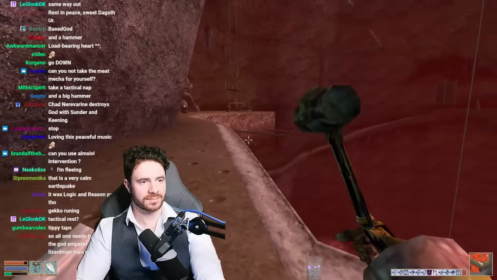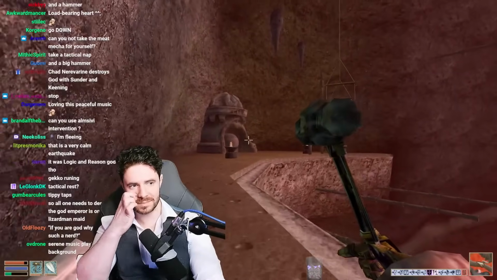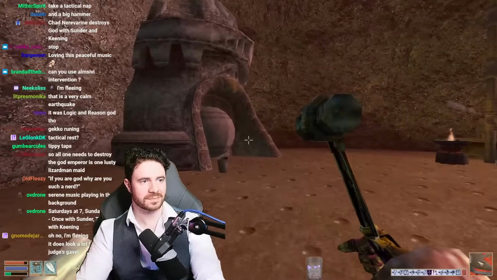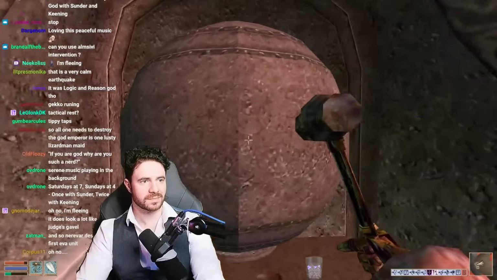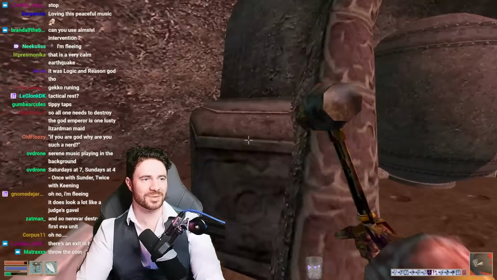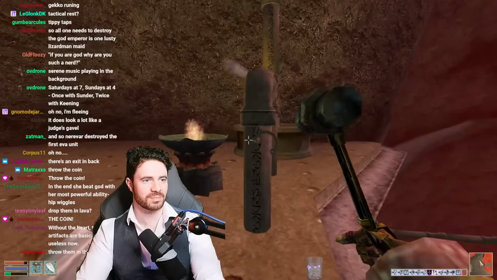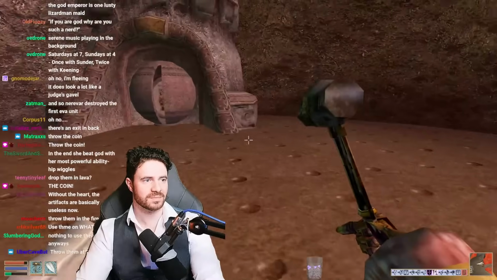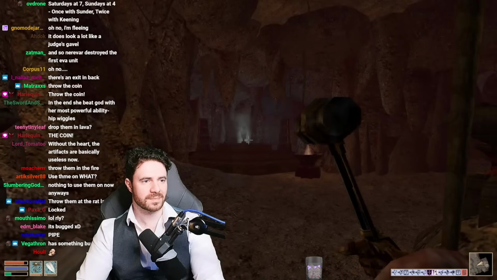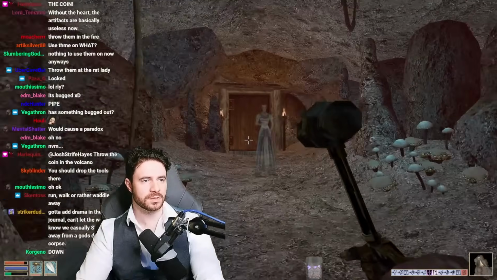We should, however, destroy these artifacts so no one can use them again. Do you open? Is there a switch? Don't make me use a switch to try and escape this place. There it is. Now I should be able...